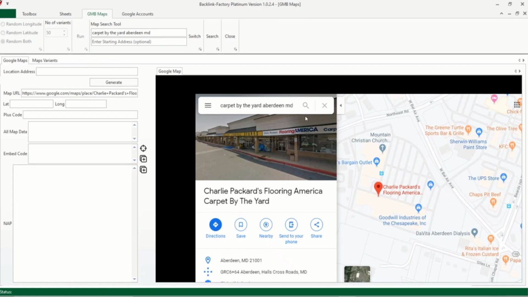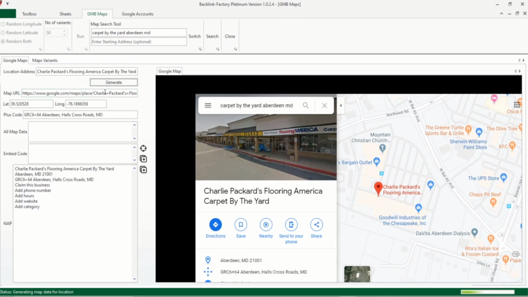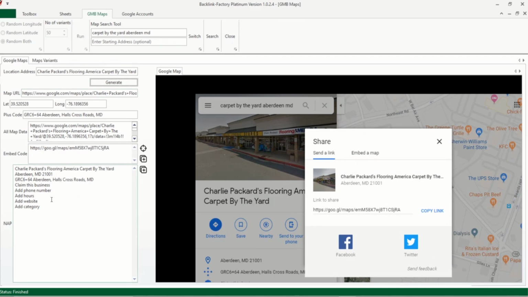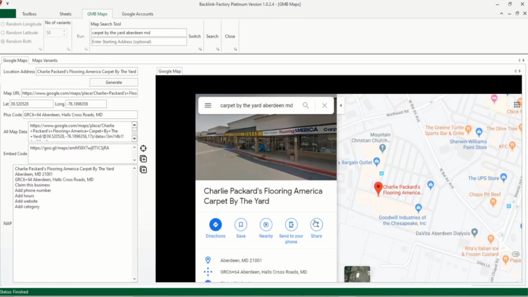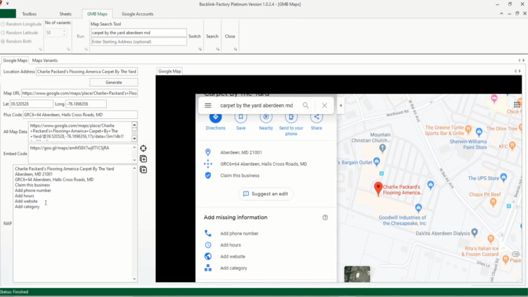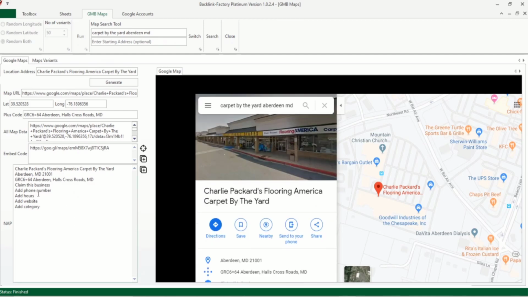Okay. Flooring America, Carpet by the Yard. So what we're going to do now is click this generate button. It's going to give us all of our NAP information. And what's interesting here, just as a side note, Patrick, looks like they need to claim their business. But it's going to give us the address, latitude, longitude, and a bunch of the Google Maps information here. That works great. So the next thing we're going to do is leave this open,